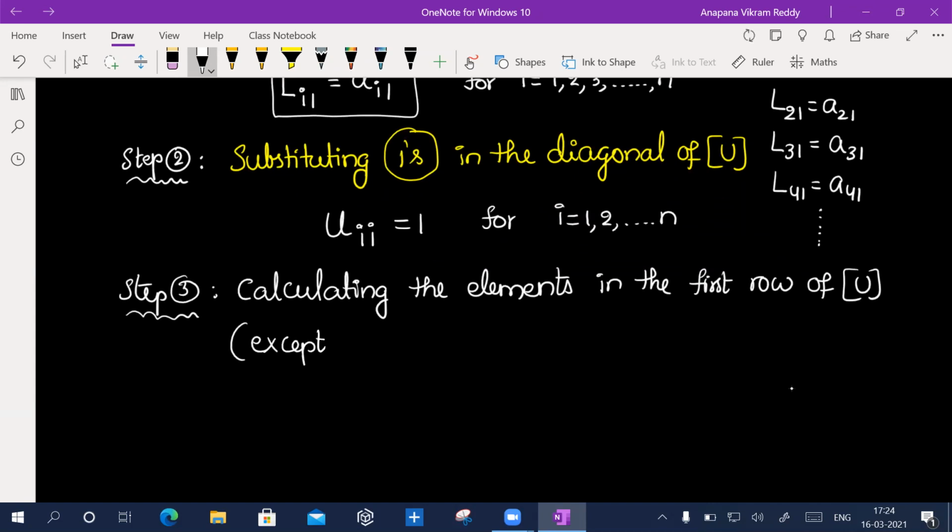Except U11, agree, because U11 is equal to 1.